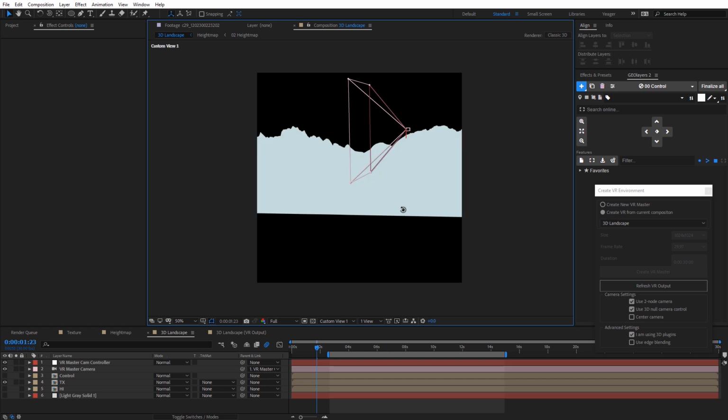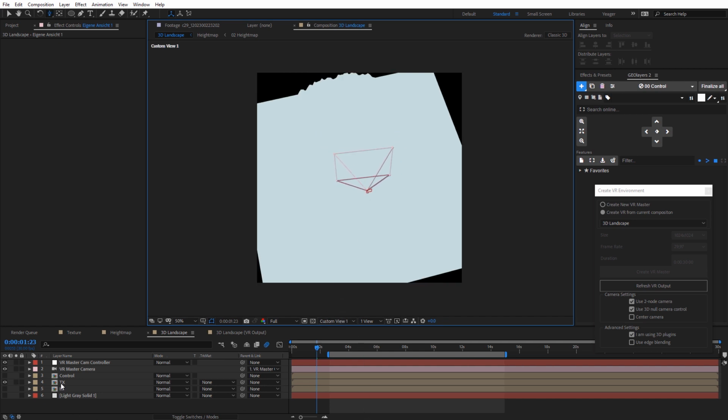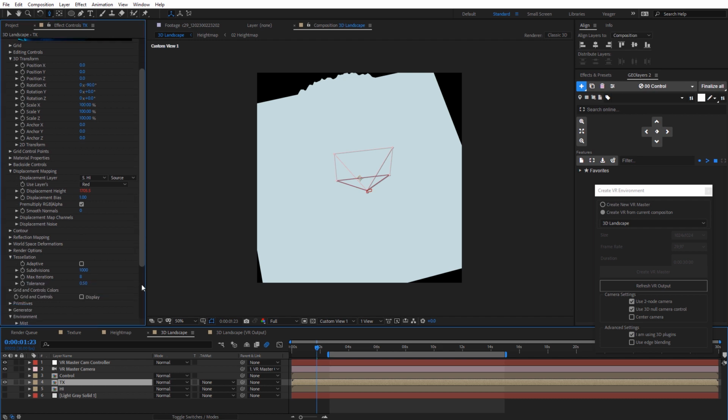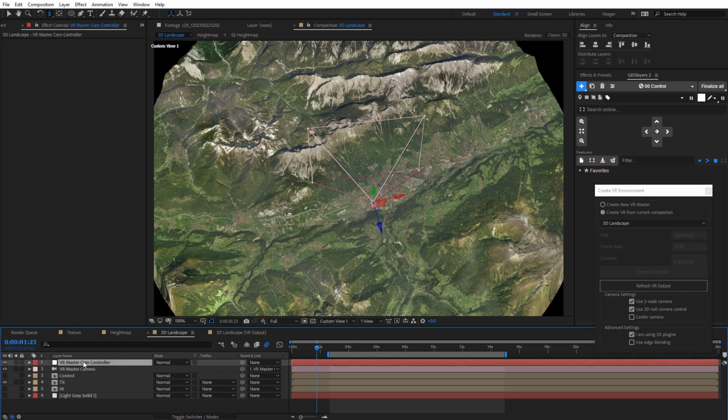And we're actually going to look at this from the top. Before we do that, we will need to turn off the fog for FreeForm Pro, just so we can see this a little bit easier. So under the texture there with the fog, I'm going to turn that to none for the time being. Now we can see our camera, and I'll zoom in here, and with the VR Master Camera Controller,